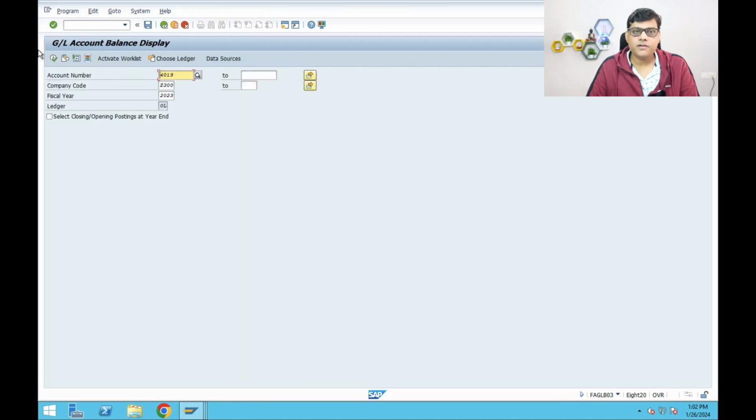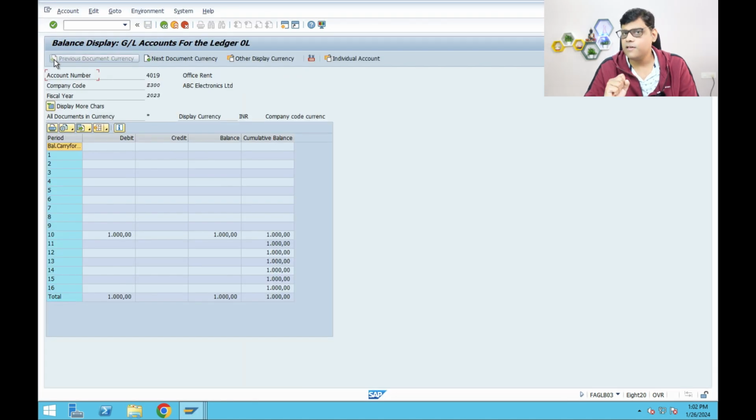Now if you'll check the balances processed. So 1000 for the month of January, only for the month of January it is posted. Similarly, you will get the entry in the February, you will get the entry in the March. So this is again very common scenario and this one is very helpful. For example, let's say insurance. Because insurance always we are paying yearly basis, right? So in that case, let's say boiler insurance or any plant insurance, vehicle insurance. So that also you can record in this way, and it is very common one.